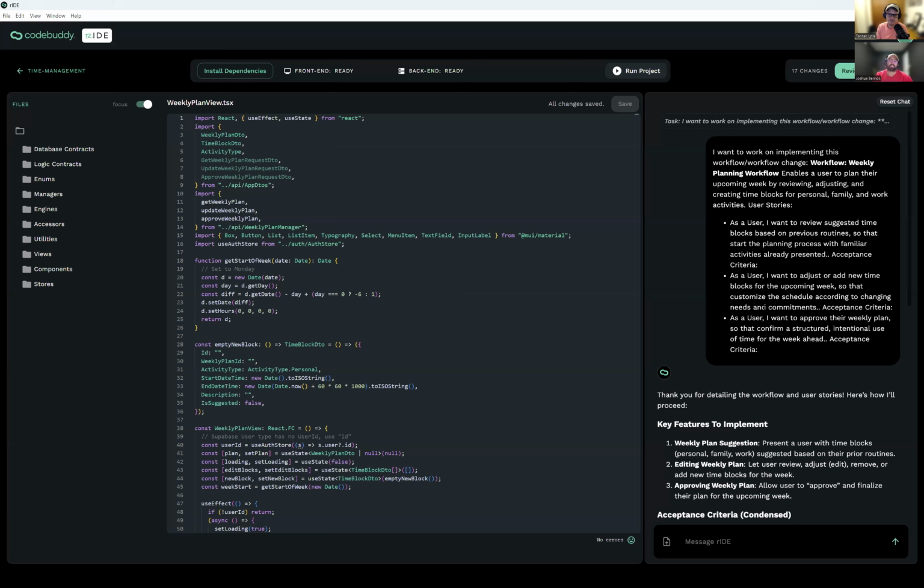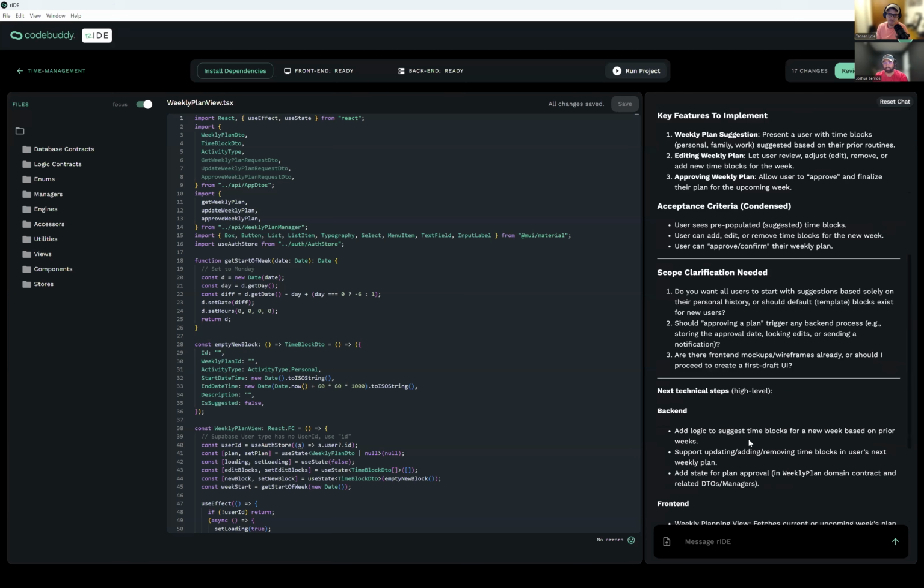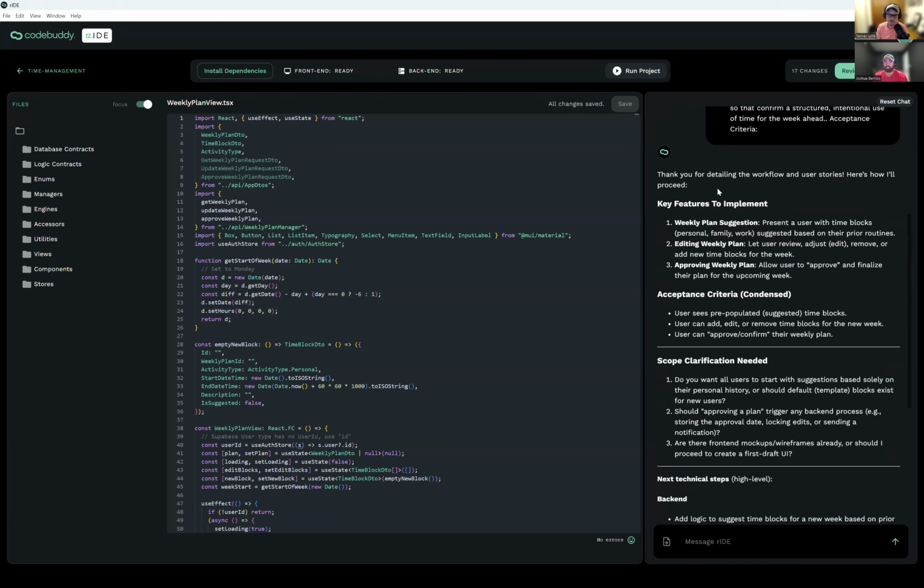Because the system context already has that and already living there. So it's like a living, breathing organism, which is pretty cool. Yep. So when you start to talk to the chat here on the right side, you'll see it'll respond to